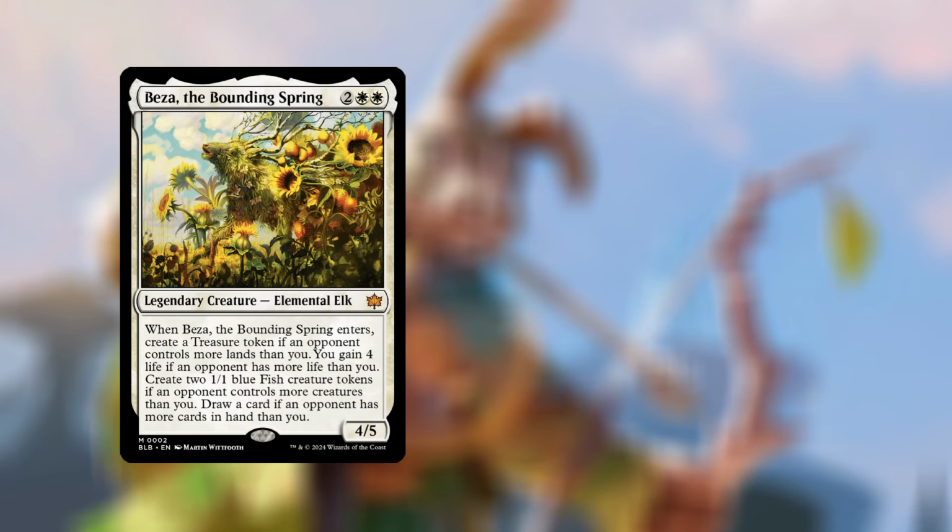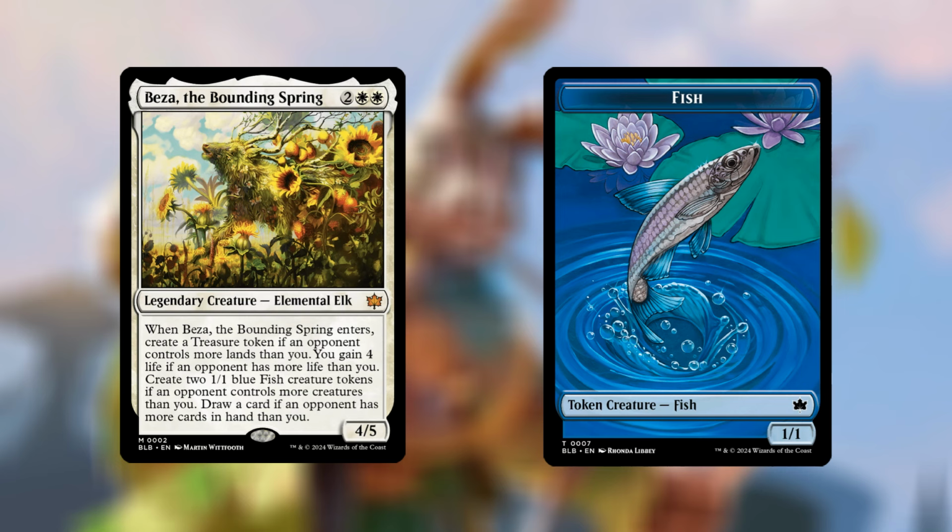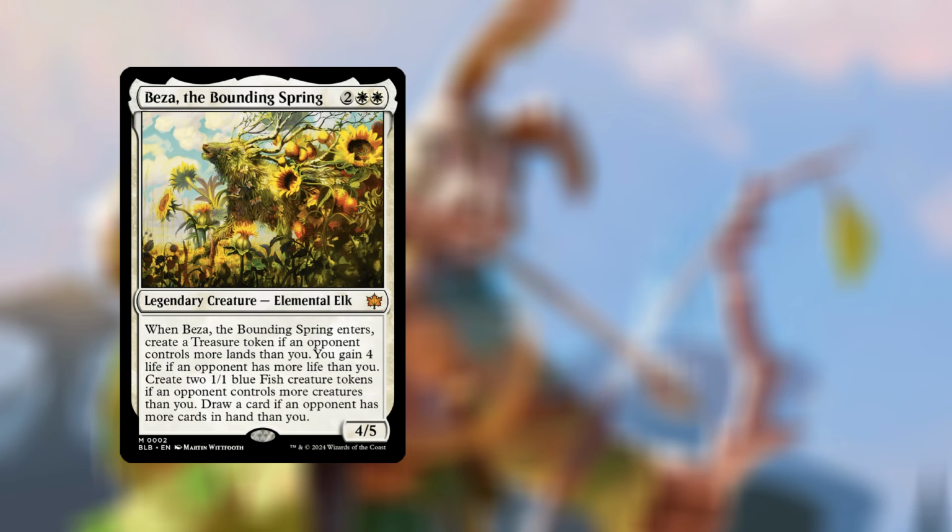In at number 9, we have Beza, the Bounding Spring, for 4 mana, 2 white. We have a legendary creature, Elemental Elk. It's a 4/5, and when Beza, the Bounding Spring enters the battlefield, or enters, I've got to get used to saying that, create a treasure token. If an opponent controls more land than you, you gain 4 life. If an opponent has more life than you, create 2 1/1 blue fish creature tokens. If an opponent controls more creatures than you, create a 1/1 and you draw a card if an opponent has more cards in hand than you. This does a huge amount of things, and it is very interesting indeed. This is currently going for